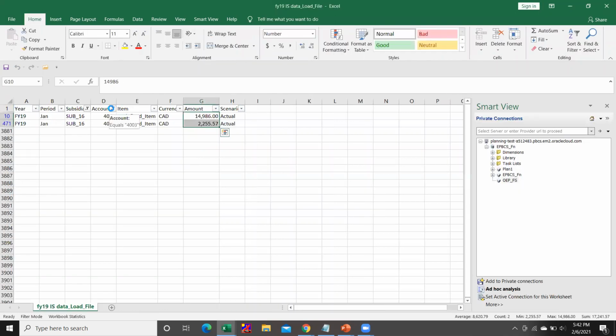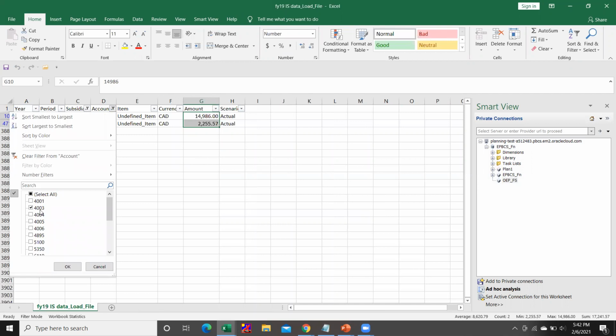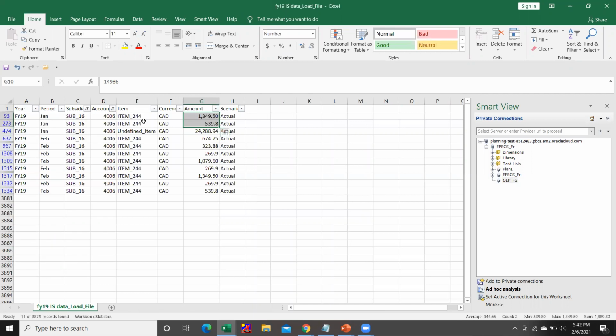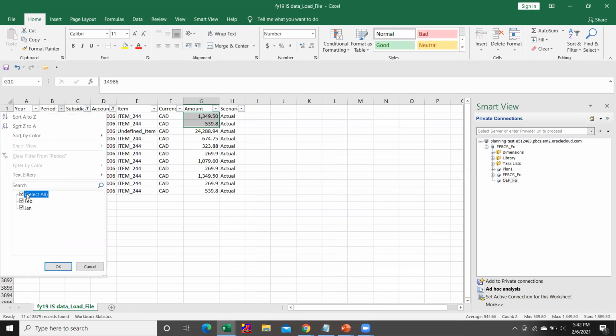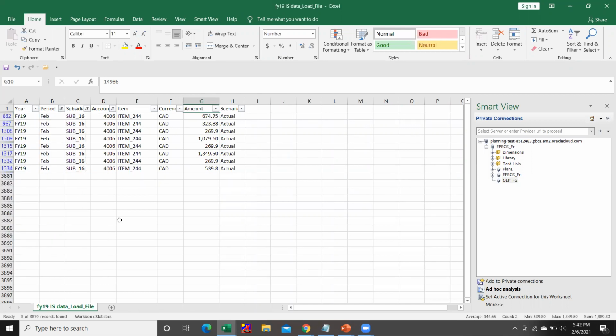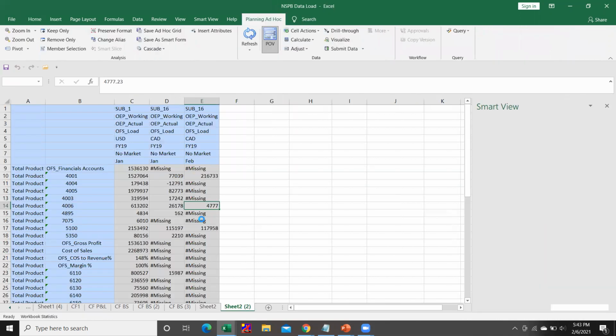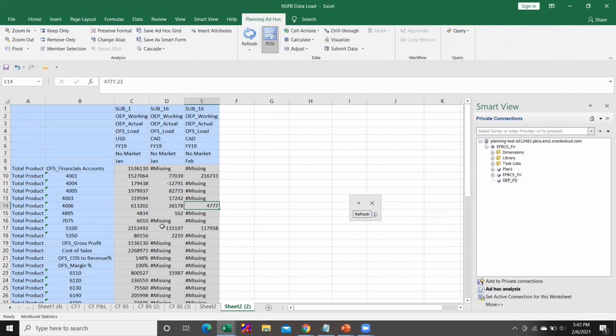We need to select the account 4006, and we need to select the month Feb only. And if I sum the total of all this, our total is 4777. So this is how the number is coming. The number is successfully loaded into the application.